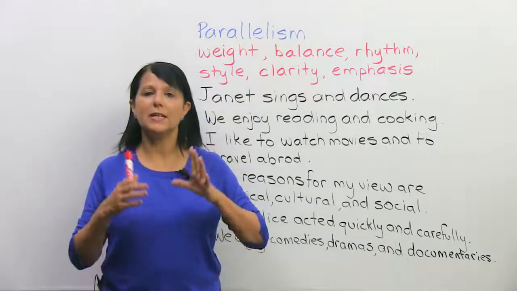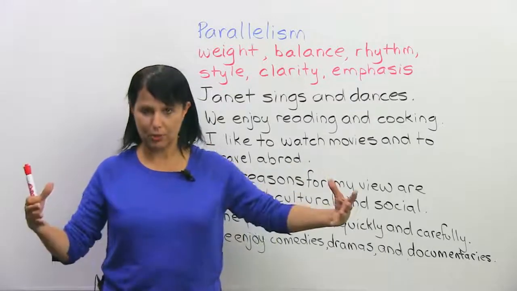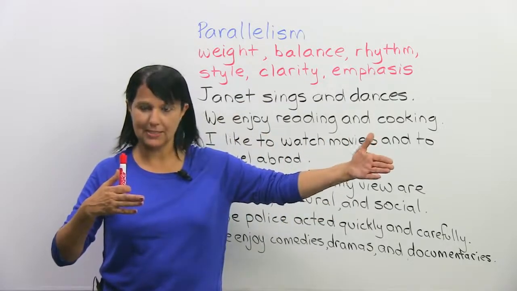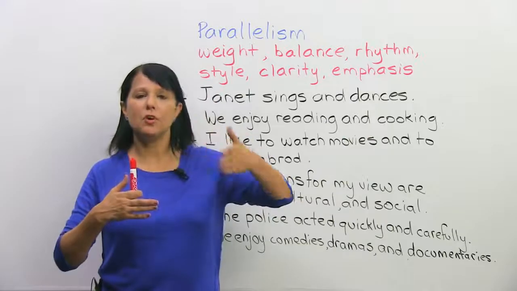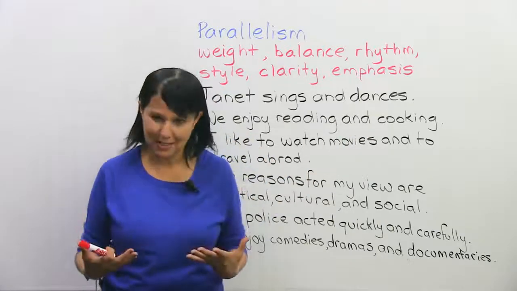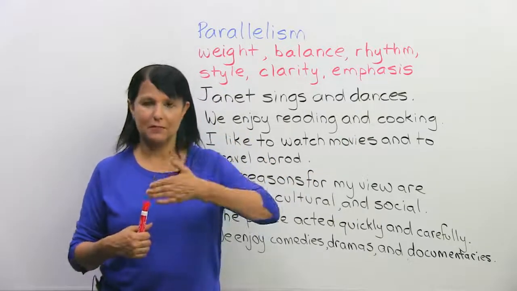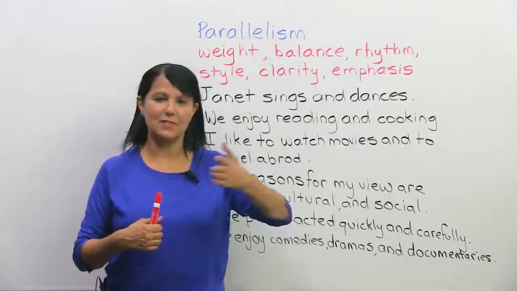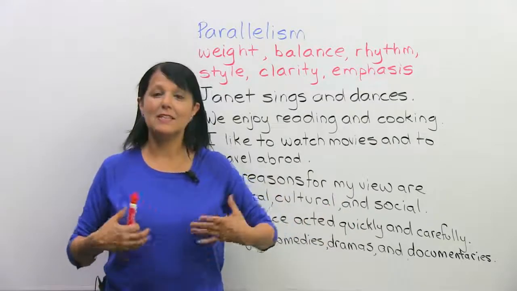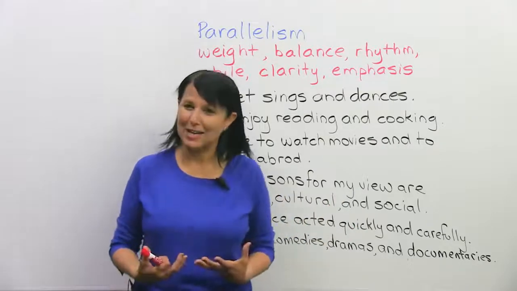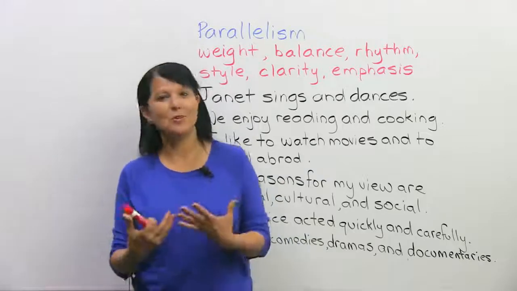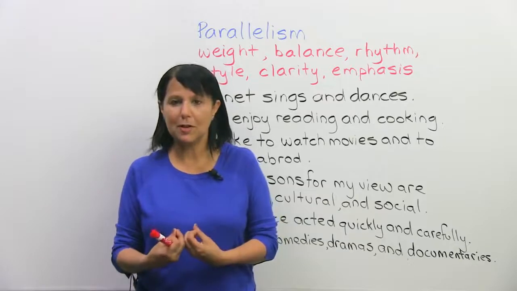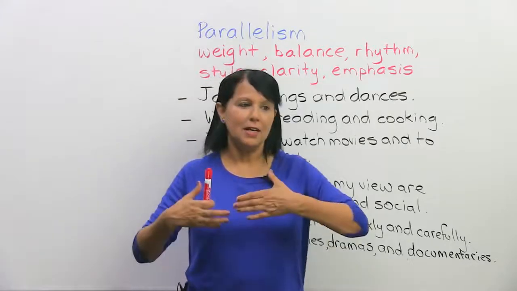So when we create a sentence that has parallel structure, it means that when we have a list of items in our sentence, all of the forms of speech should be the same. For example, you have verbs, verbs, verbs, nouns and nouns, adjectives and adjectives, adverbs and adverbs. Now that seems obvious, but in real life, when people speak and write, they don't always do that. So I'm going to show you what are the benefits of using parallelism and also exactly how to use them